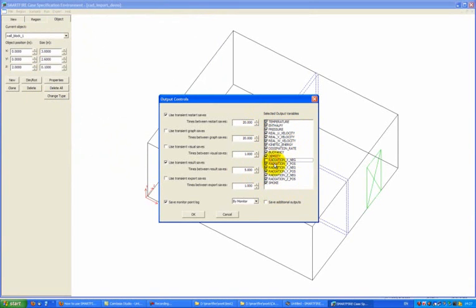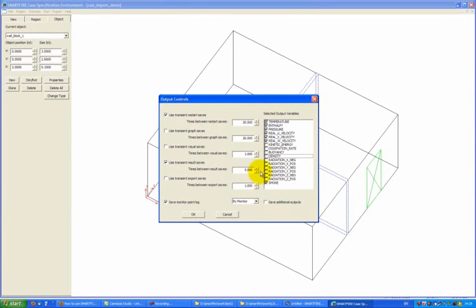In this case, I'm going to deactivate saves of radiation. Whilst radiation will still be calculated, I'm not interested in visualizing it. Same goes for the kinetic energy and dissipation rate. I'm also not interested in the buoyancy or density, but I am interested in temperature, pressure, velocity components, and the